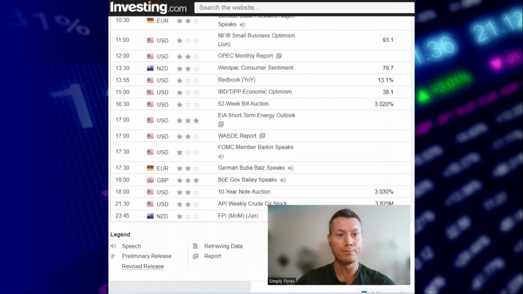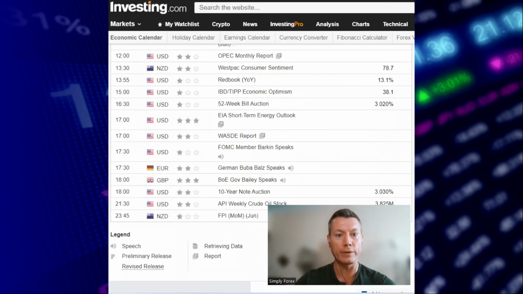If we carry on down, as you can see, we've only got 2 other pieces of news that we're interested in. At 5 o'clock London GMT, coming out of the US, we've got the short-term energy outlook. This could move any US dollar pair, but potentially Canadian dollar pairs as well. And then at 6 o'clock London GMT, we've got the Bank of England governor speaking. He doesn't seem to stop speaking at the moment. But when he speaks, he can obviously move the pound, guys. So that's the news for today, guys.